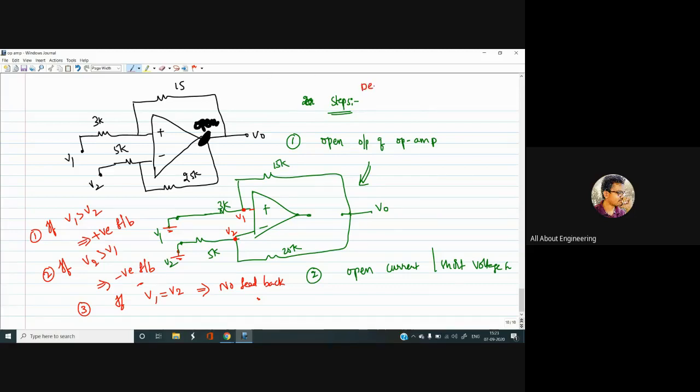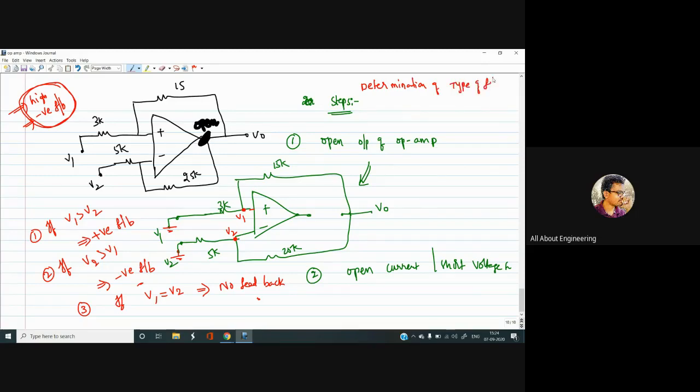This concept is very, very important, because to apply the condition of virtual short, or virtual ground, the mandatory things are that it should have a high gain, as well as it should be connected in negative feedback. In the morning session, I explained these two points, which are very important, and why you have to consider only these two points to apply the virtual short condition. So this topic can be titled determination of type of feedback.